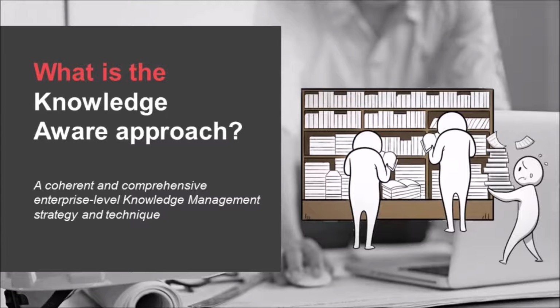So for all of you that are listening, real quickly, the Knowledgeware approach is a fundamentally new approach to managing technical knowledge. Basically what it does is replace the traditional passive reference shelf model, like you can see in the picture shown on this slide, with a more integrated active knowledge system that puts knowledge in the flow of work, where it can influence technical decisions and analysis. So organizations that use the Knowledgeware approach don't have to sift through document repositories and databases hoping to find something that's useful, but instead knowledge is provisioned directly into workflows, giving employees exactly what they need, when and where they need it.